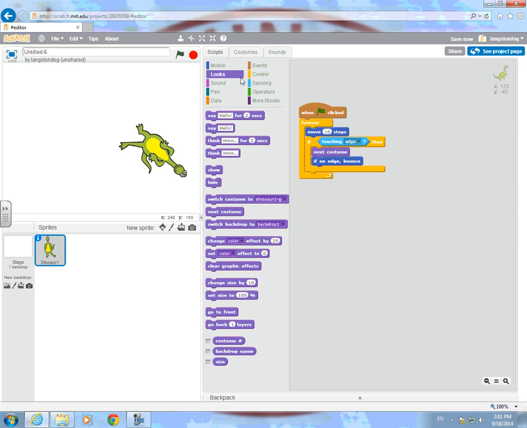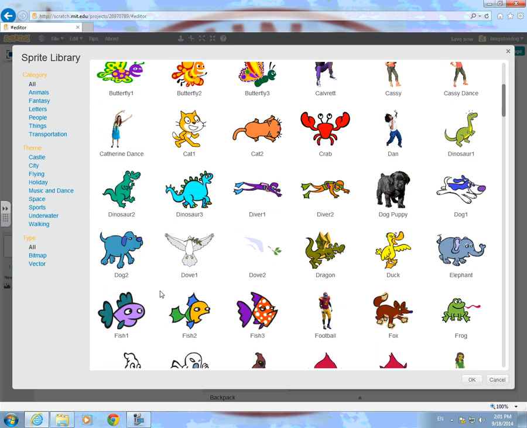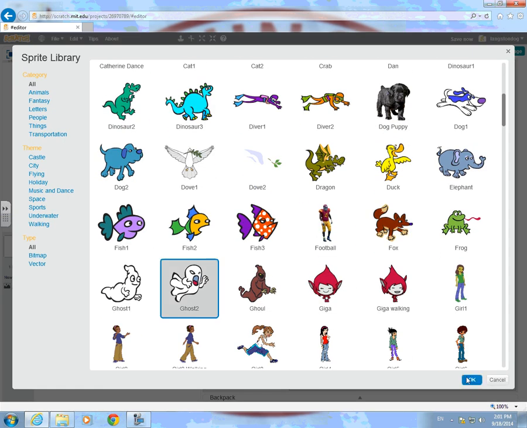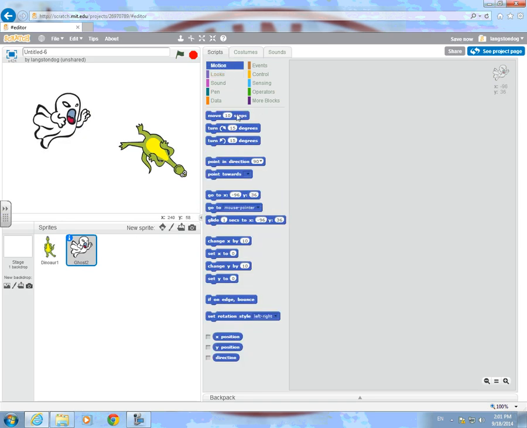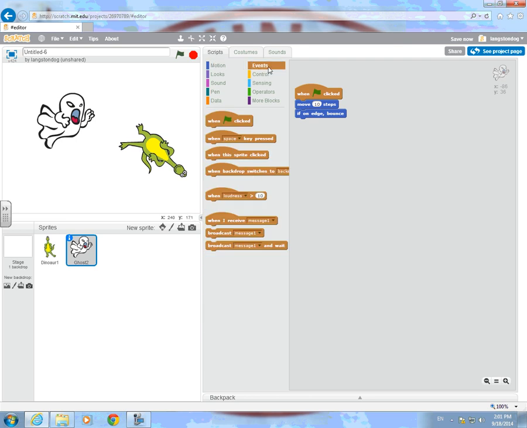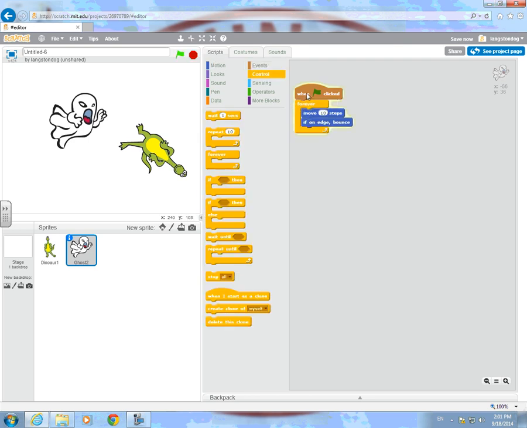And you can do this to a series of effects. You can have it when the sprite is touching something, it changes costume. So if I want it to change costume when it touches the gal, I'll have the gal move 10 degrees forever and then bounce. That possibly he'll change his costume as well. So if on edge bounce, so we'll have the gal move. Alright, so